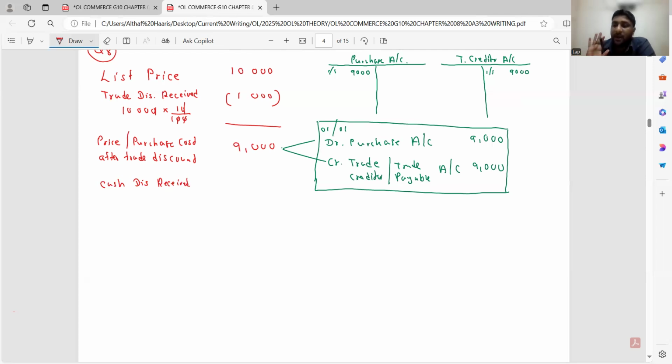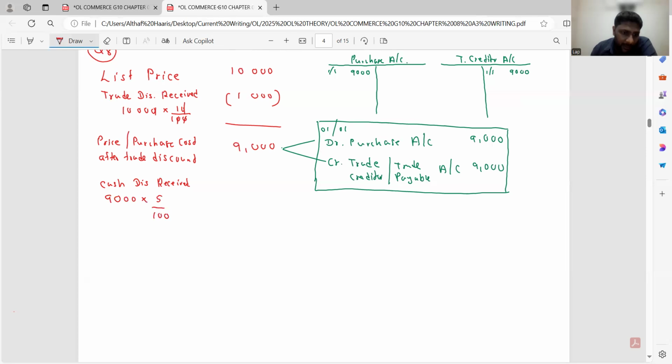Normally we calculate the cash discount on the amounts receivable or payable, that means the amount that we have to receive or the amount that we have to pay. Here, cash discount received will be on the amount that we have to pay to him, not for the total amount. Don't take it for the list price,